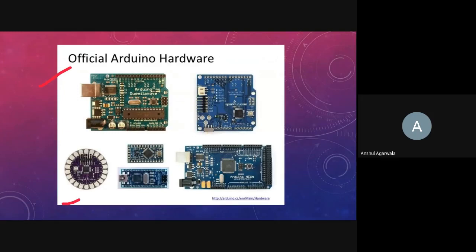And this is Arduino Mega. This is large and it has greater processing power. This is Arduino Nano and this is SparkFun board. So they are just other variations containing different hardware. Okay, so what I want you to do is think of Arduino as a CPU. This is where all the computations happen.